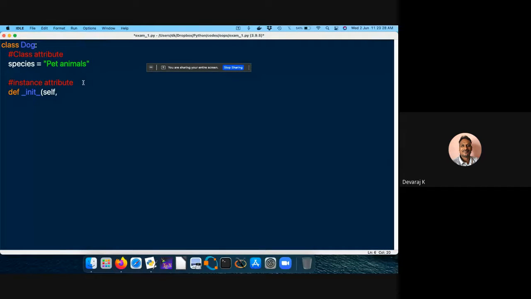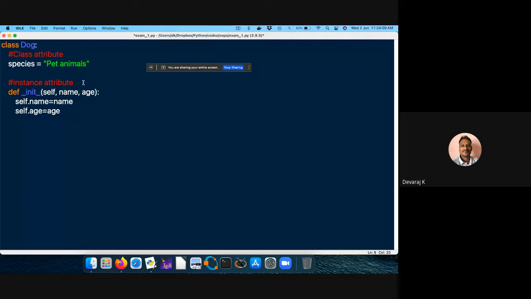So now I am looking at the Dog, which is my class. Let's have two arguments, maybe the name and age. So name comma age of the dog. I'm going to end with a colon. Now I need to define this. So this will be self.name = name, self.age = age. This is what I'm defining in the class method, or what is called the instance attribute.